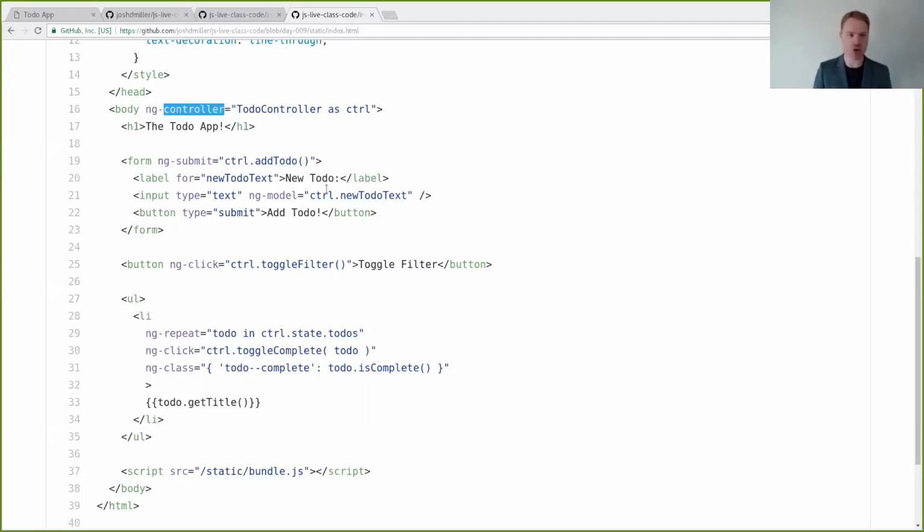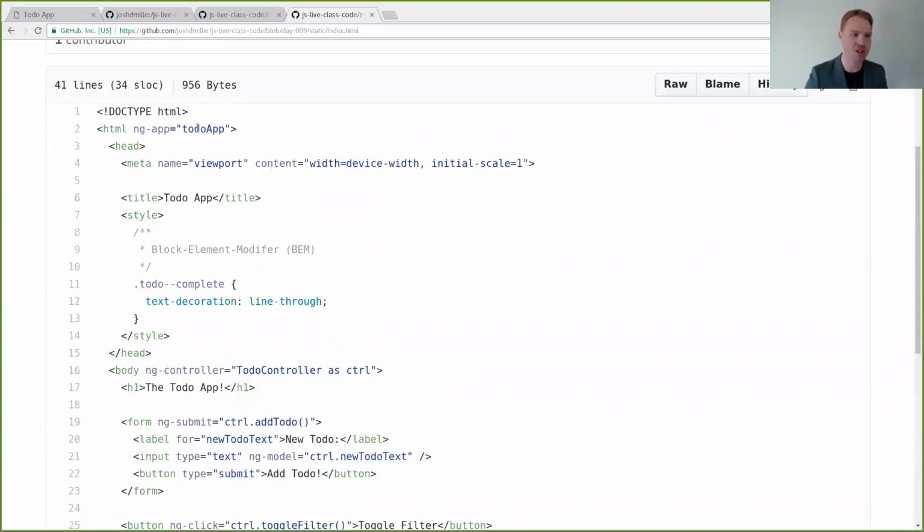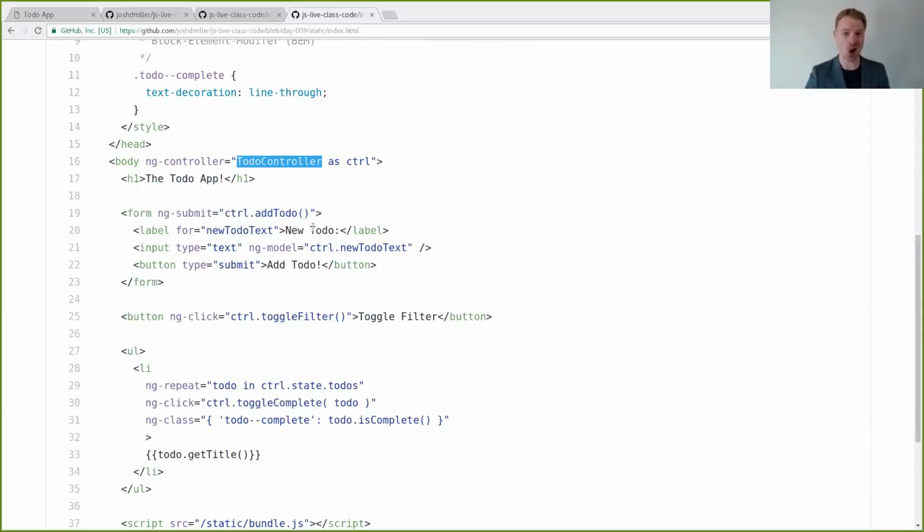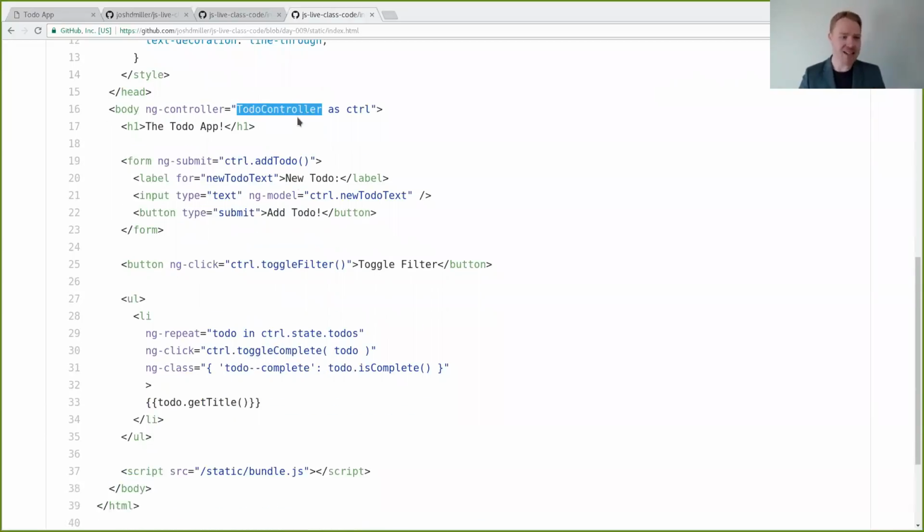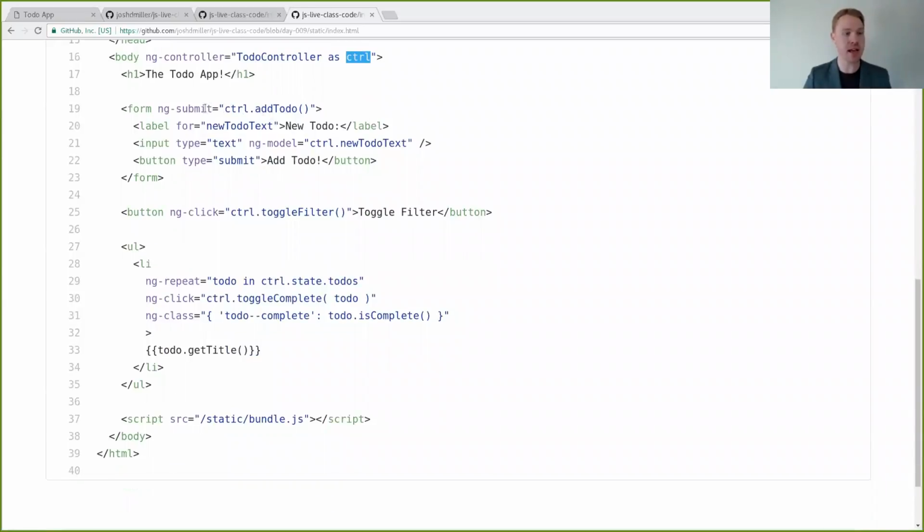So we have this controller somewhere called to-do controller, and because we're inside of our ng-app here called to-do app, our to-do app has some controller called to-do controller. And because to-do controller is kind of long, and we don't want to have to type that everywhere, we're going to access its methods with ctrl. We'll say to-do controller as ctrl, because that's easier to type. Four characters is way better than 14, right? So somewhere there's a thing called to-do controller, and we're going to reference this ctrl. So that's where we can do, okay, on submit, call ctrl's add to-do function, ctrl.addToDo. We'll of course look at that in a minute.